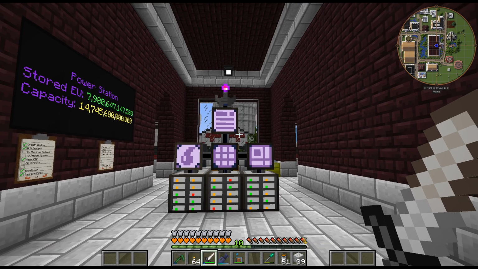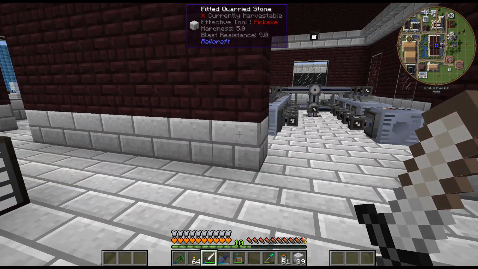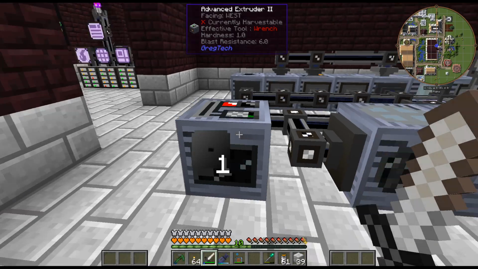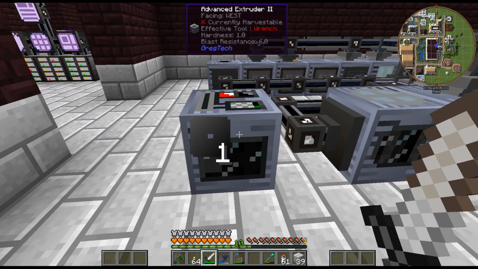But like I said, this is my main room. This is basically for any single block machines that don't really have anything to do with other machines. So I have an advanced extruder here. I don't really use this, but I had nowhere else to...